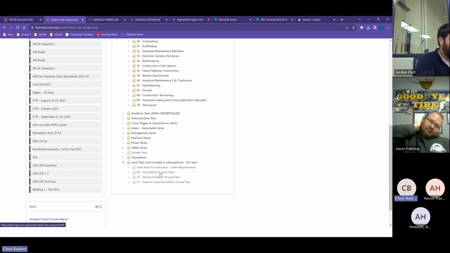This is a level test, so they're going to take everything all at once. It's not a module test. For example, it isn't them taking basic safety or math. It's taking everything. It's a level completion. And that is not included with our agreement with NCCER. So that's a separate cost outside of that.